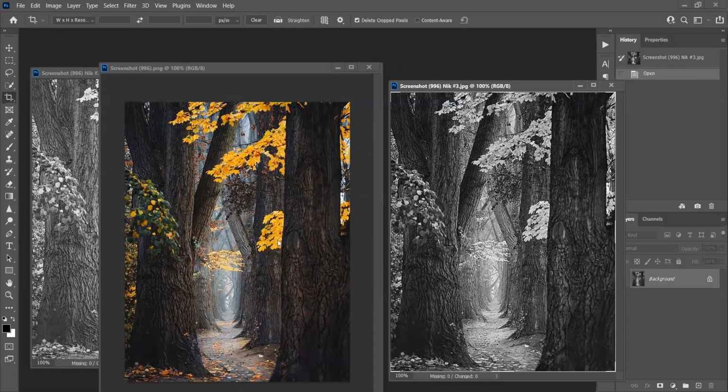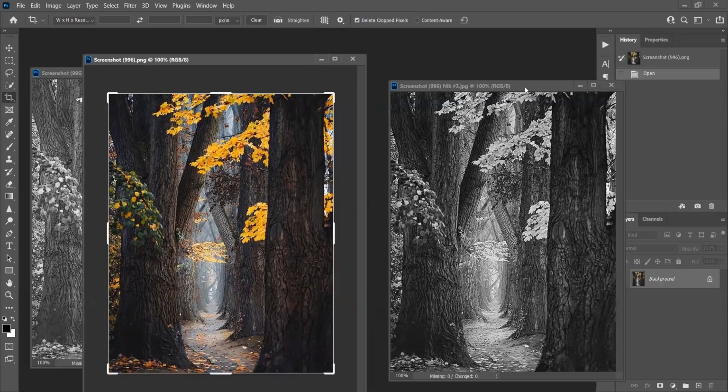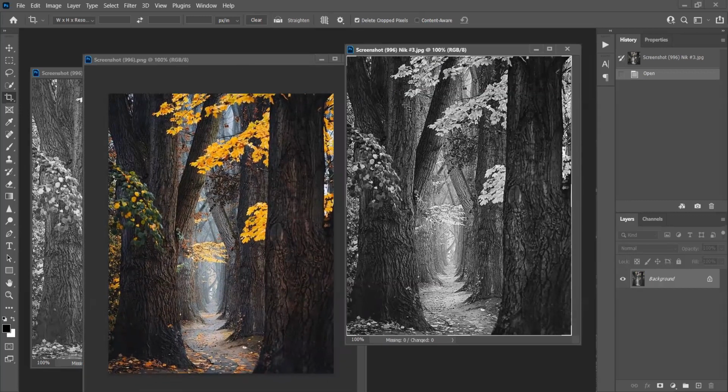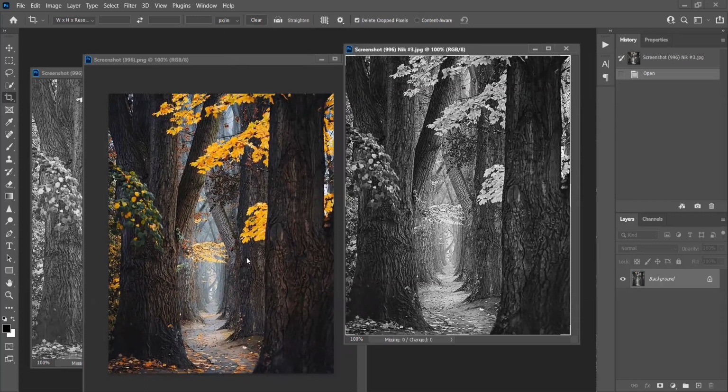And all of that works so well in this color image. So is it something you should avoid? No. And is it a good black and white? Yes,